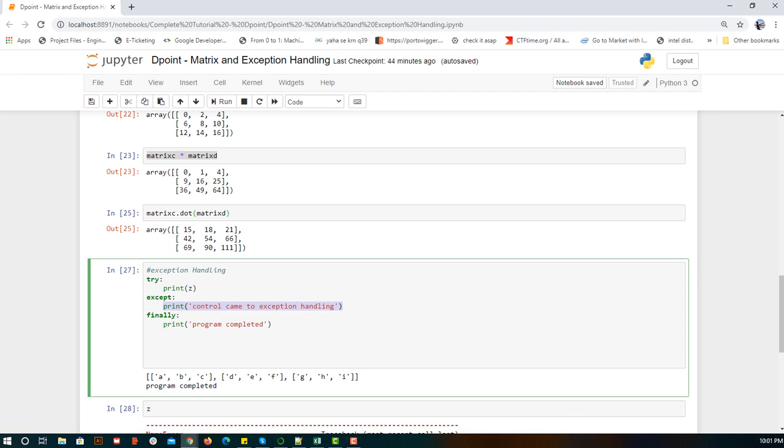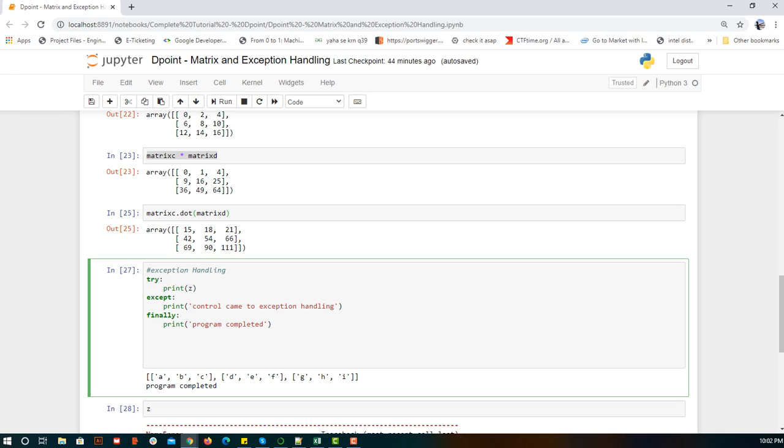So you are getting the intention behind the try and except, right? To handle the exception case, we write a block of code under except. Okay, let's try to execute this. Before execution, what we are expecting is, while printing z, we will get an exception, because of which the control will go into the block written under except, and then this will be executed, and whether it is an exception or not, as expected, the finally code block should get executed.